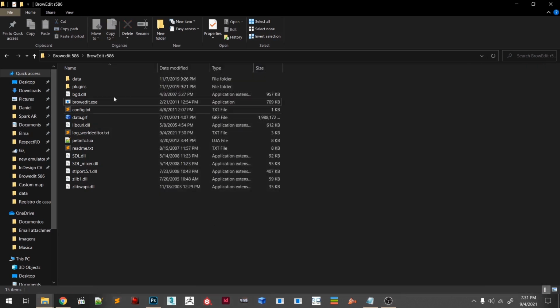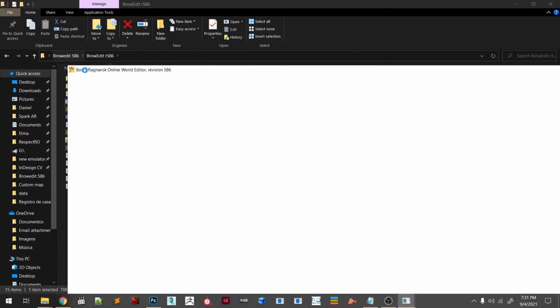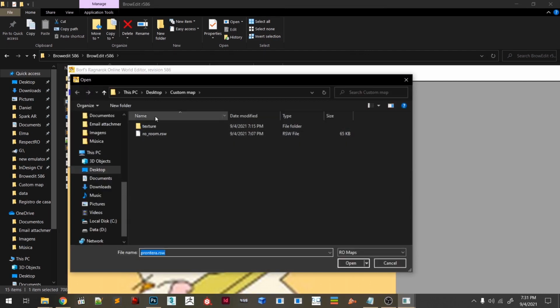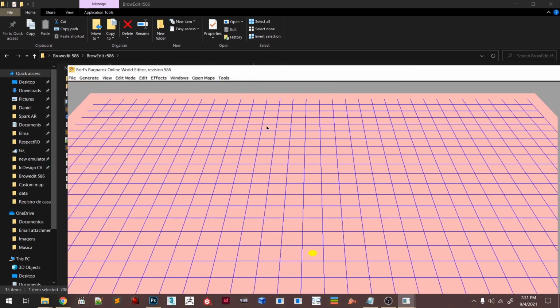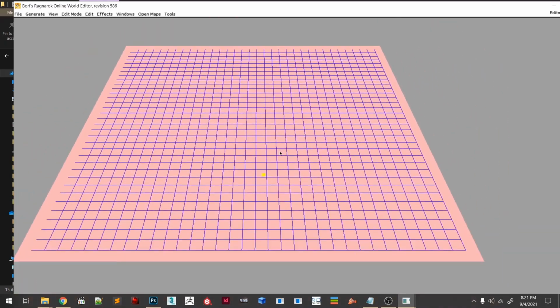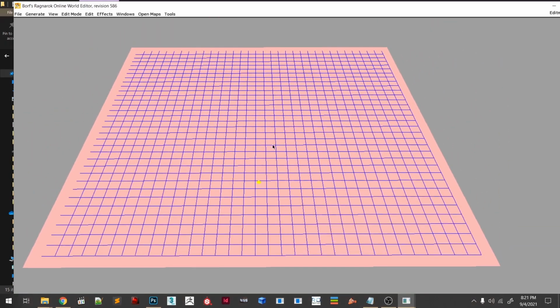Finally, so let's launch BrowEdit. File, open from, just open, and go to the map that we just created, which was RO room. So folks, this is how you can navigate with BrowEdit.